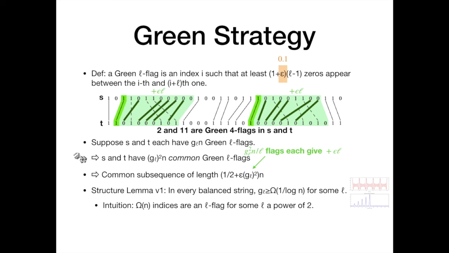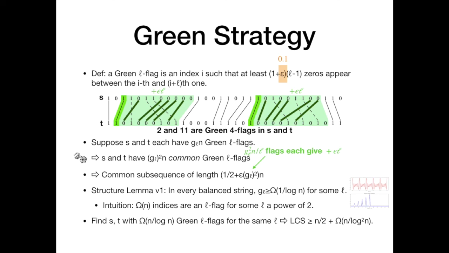So now, once we've proven this structure lemma, then we include with our pigeonholing not just the number of ones and the number of zeros, but also the L such that you have a lot of green L flags. And then in your set of binary strings, to prove the final result, you find two strings with the same number of zeros and ones, and also the same L such that they have lots of green L flags. So S and T such that they each have n over log n green L flags for the same L, and then that implies that their LCS is at least n over 2 plus n over log squared n by this hand-wavy